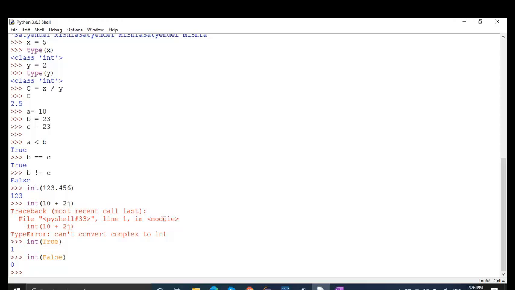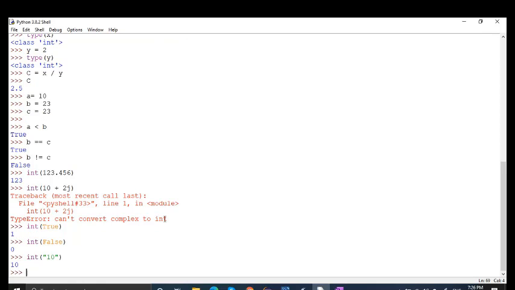So let me try with string. So integer, and I am writing here 10. Let me see whether it is working or not. It is working. So 10 is converted to integer. Let me type here floating point values. I have written here 10.5. So 10.5 is a floating point value and it is present in a string.